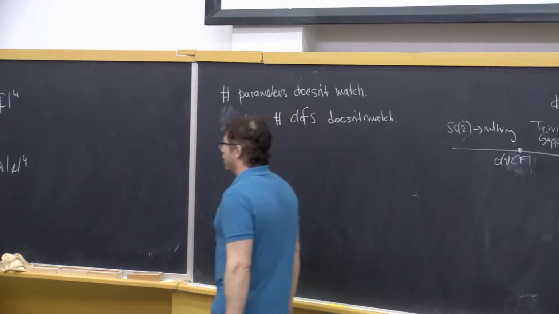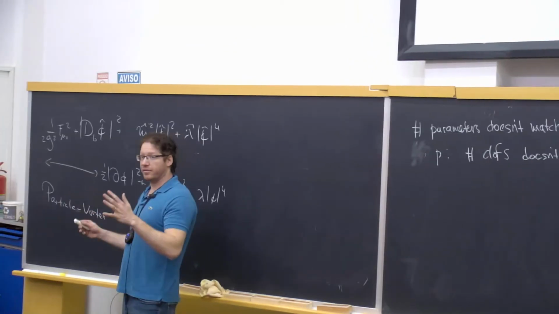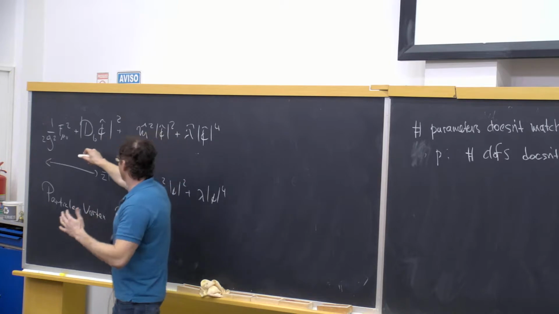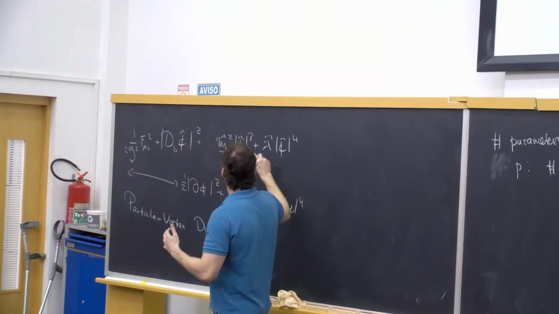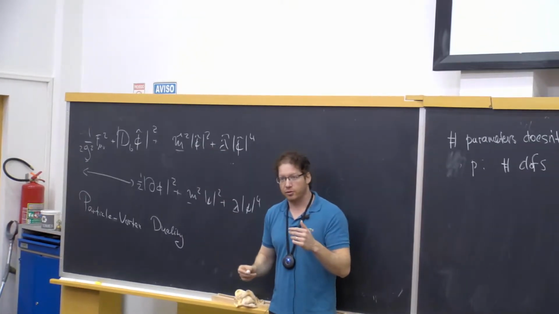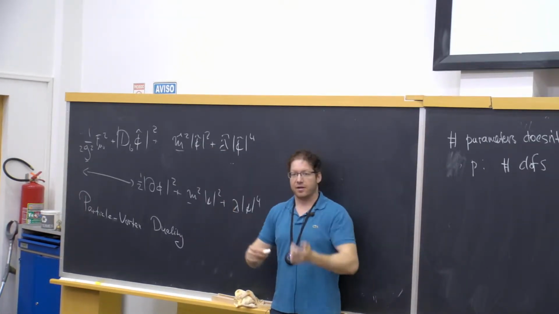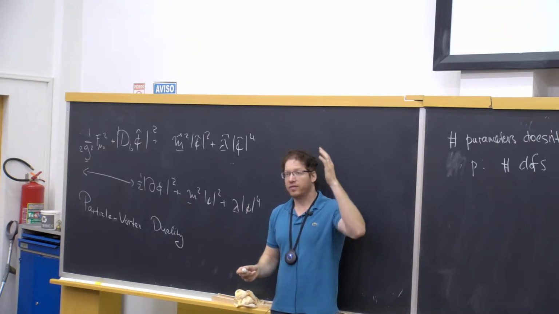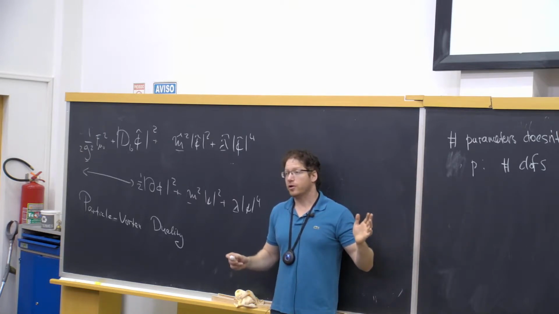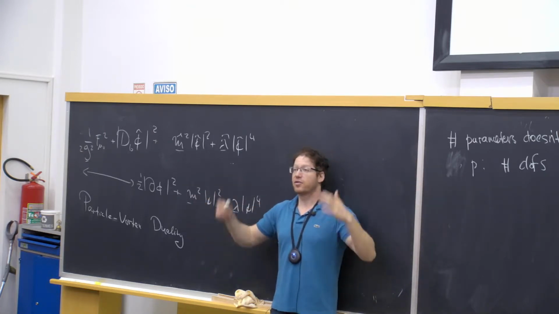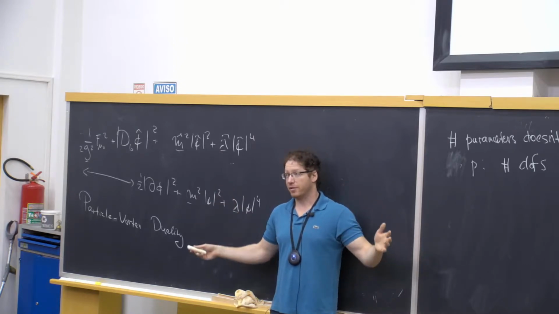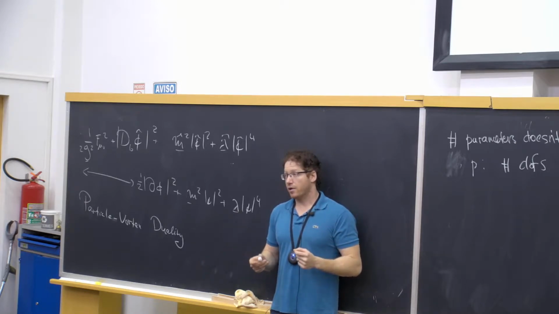The point is that these two theories have various mass scales, determined by g squared, m squared, and lambda. The physics of these models, in general, if you try to simulate them on the lattice, would be a very complicated function of these various scales, and it would be very different at various energy scales. The resolution to these two paradoxes is that we're not claiming that these two Lagrangians describe the exact same physics at all energies and for all values of these parameters. The duality is an infrared duality.